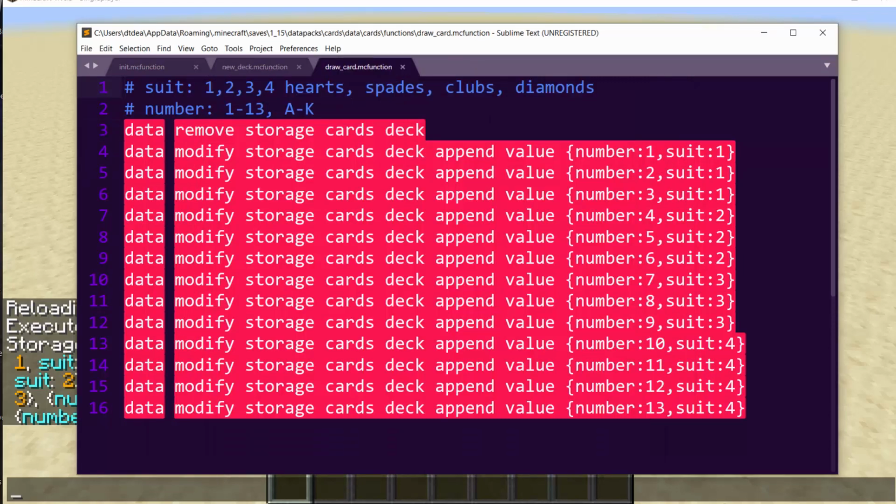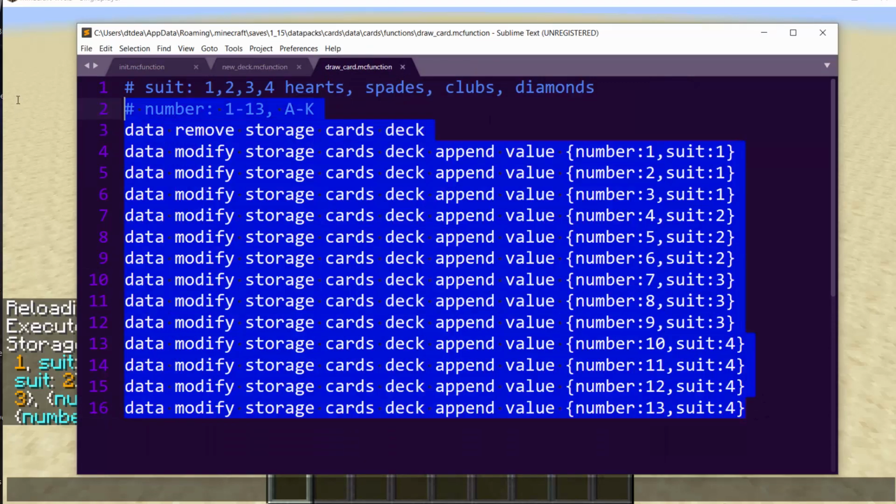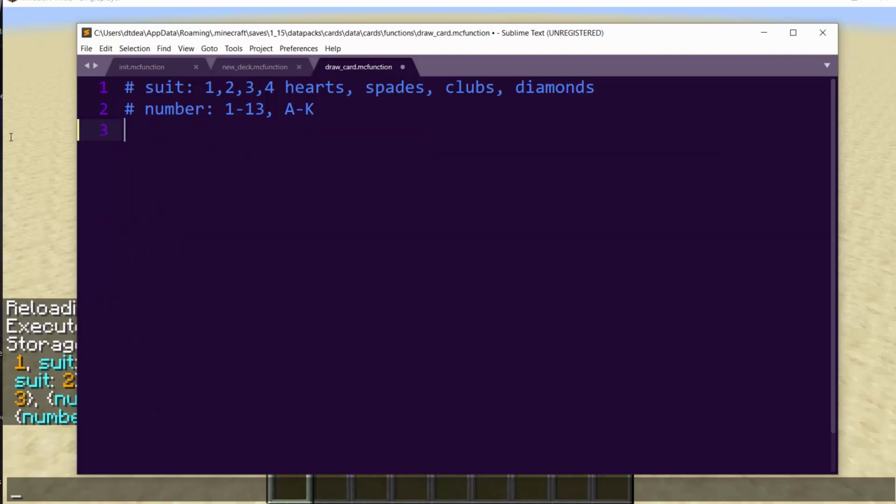Okay, so this will just draw a card off the top of the deck. What this will do is we're going to do data modify storage cards hand. So we go from deck to hand, and that means that this card is in somebody's hand. It doesn't mean it's in my hand. It's in somebody's hand, anybody. And we're going to set, we are going to append from,